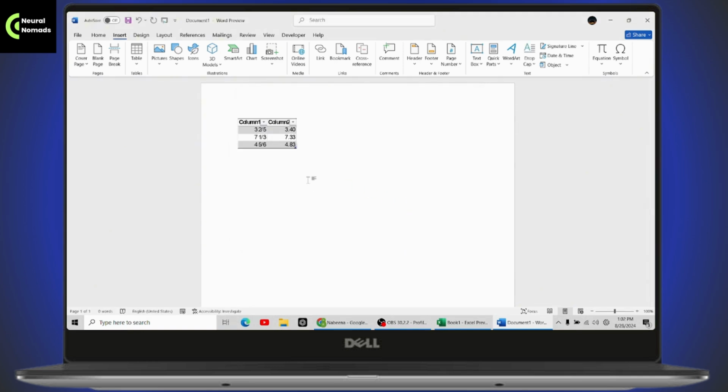Now your Excel sheet has been embedded into your Word document. You can simply resize that if you want to,